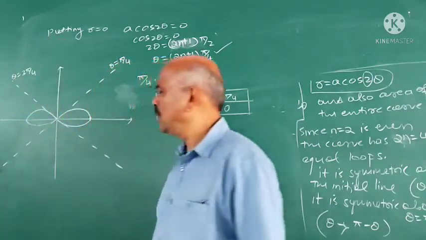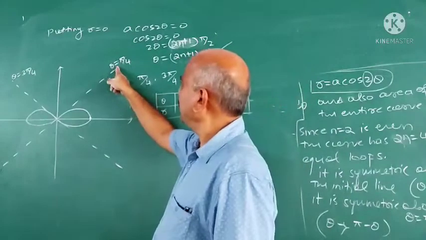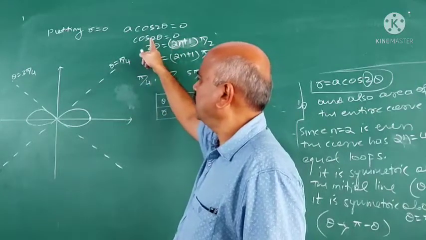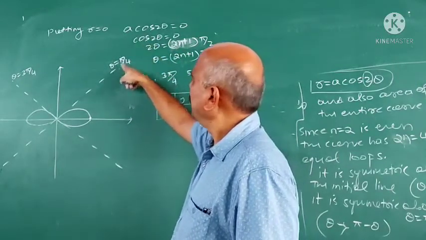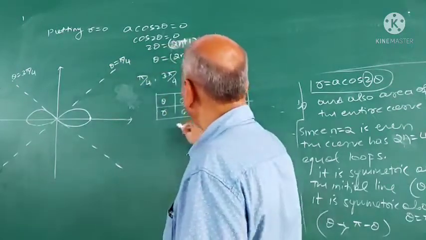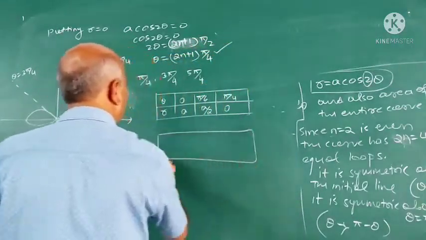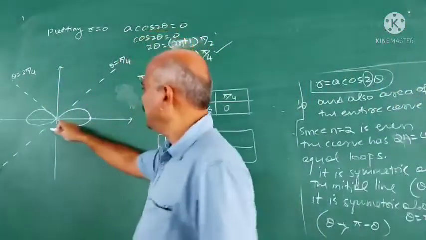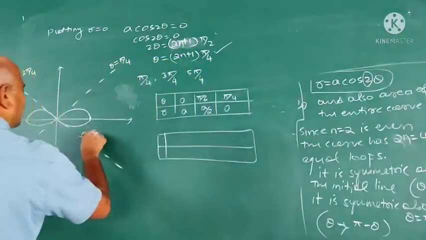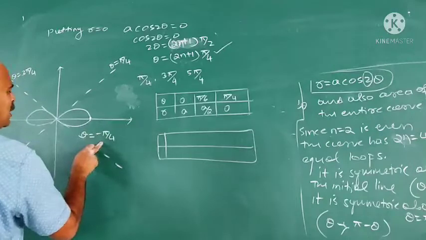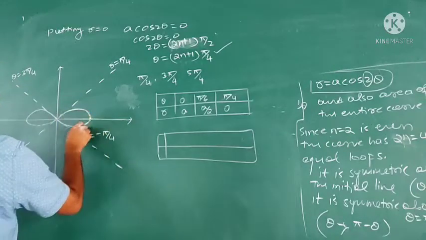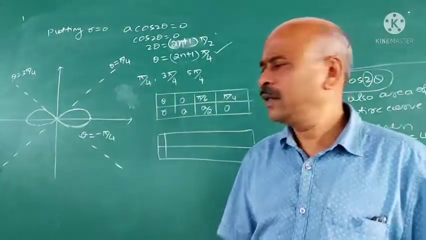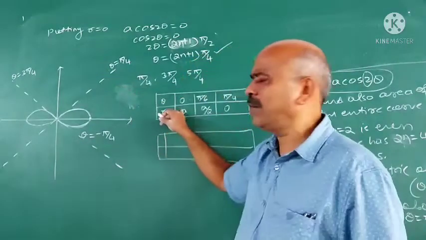Now, when theta is greater than pi by 4, it becomes greater than pi by 2, and this r will be negative. So I take here theta greater than pi by 4. One more, I will explain how to get one more branch of the curve here. I take this as theta is minus pi by 4; 5 pi by 4 is the same as minus pi by 4. And this is theta is pi by 4. One branch of the curve we get for theta from minus pi by 4 to pi by 4.